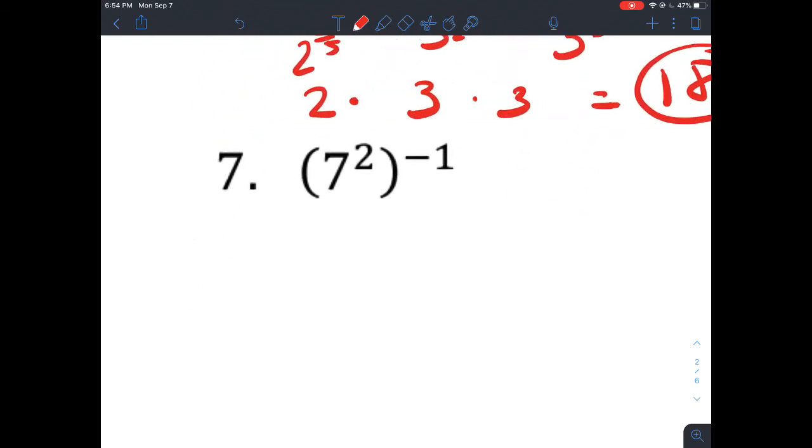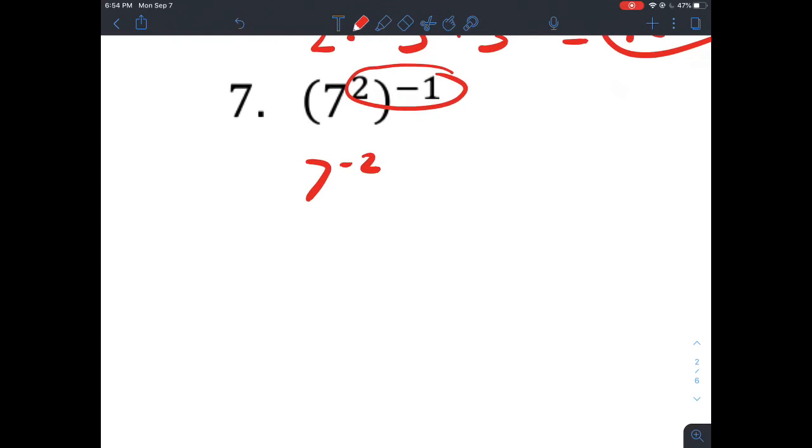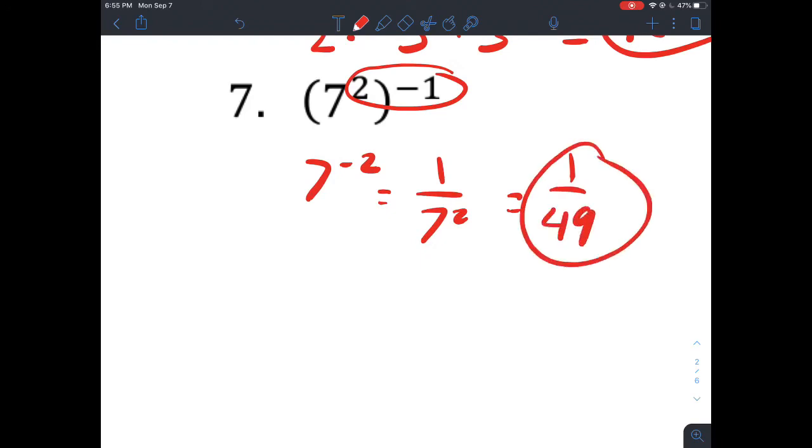All right, then the last one. Another rule, when you raise an exponent to an exponent, you multiply them. So you would get 7 to the negative 2. And a property of exponents is that when you have a negative exponent, you can move it down into the denominator. So you get 1 over 7 squared, which would give you 1 over